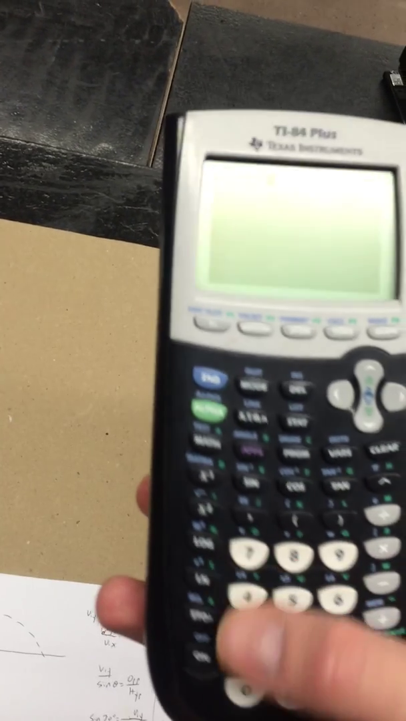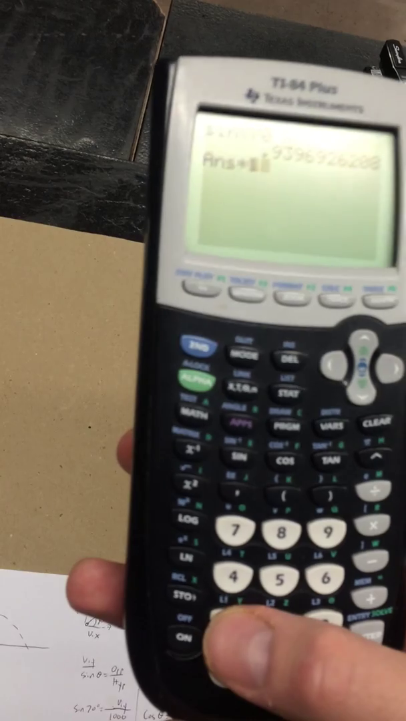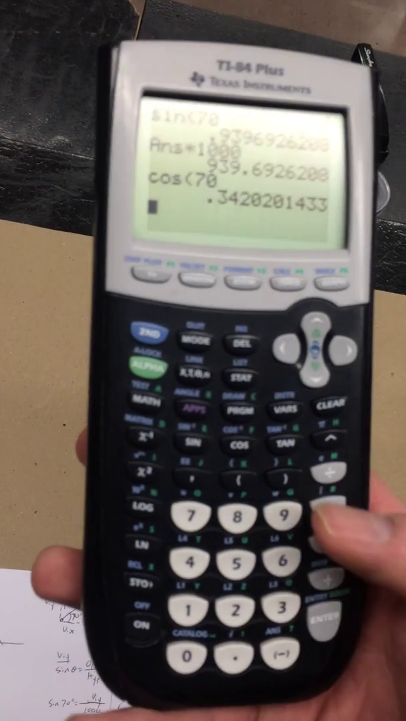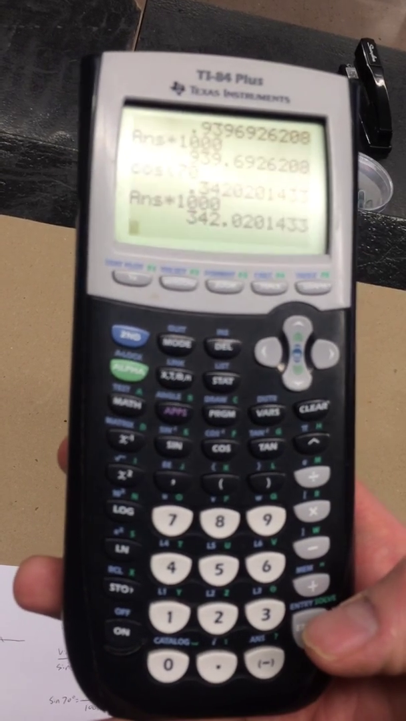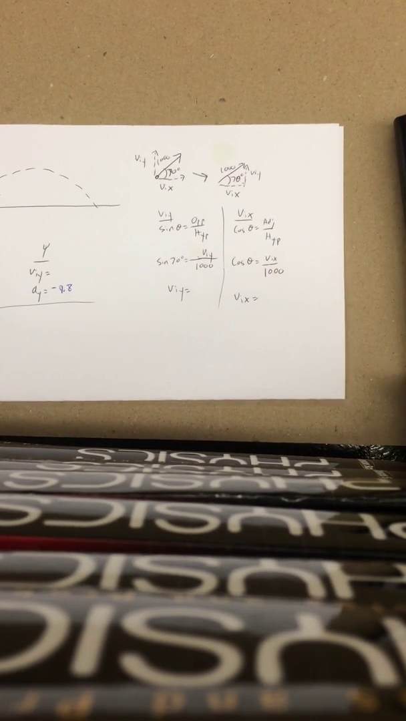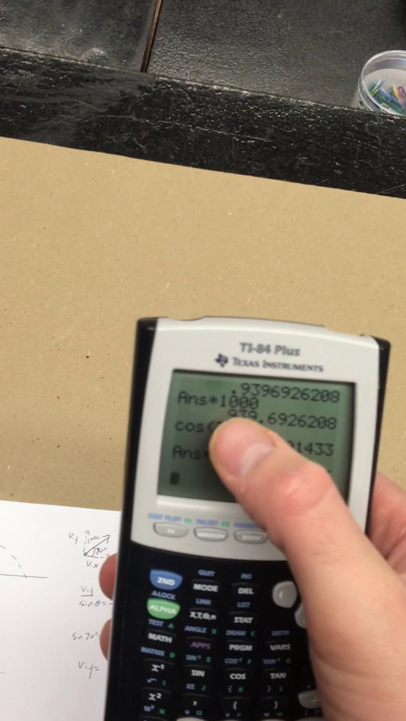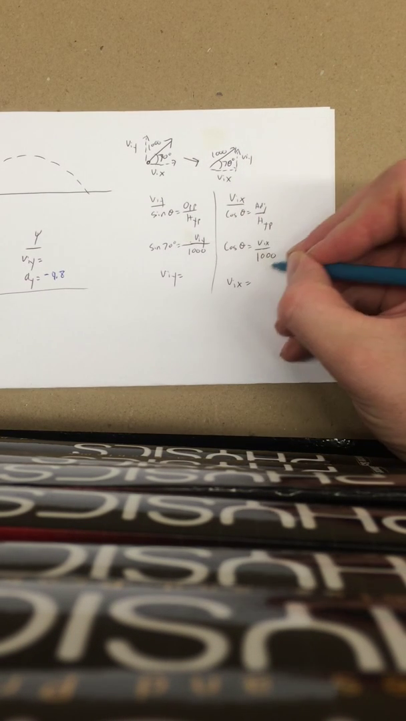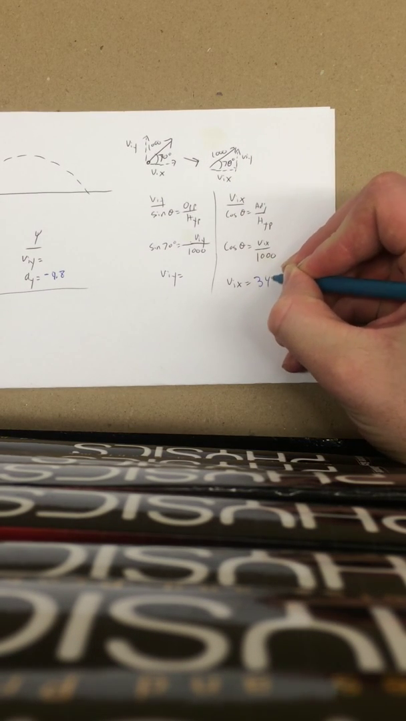Now for the VIY, make sure your calculator is in degree mode. And we'll do just sine 70, times that by 1,000. And then cosine 70, times that by 1,000. Alright, so those are our two initial velocities right here. So that's VIY and that's VIX. So we have, this is 342.02,